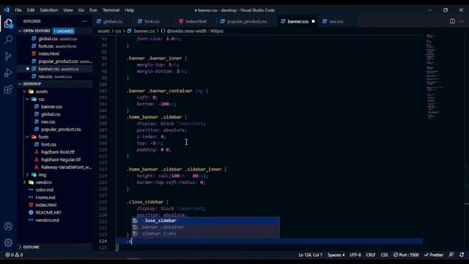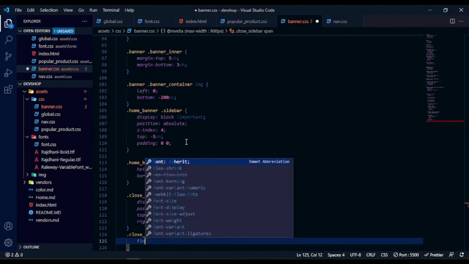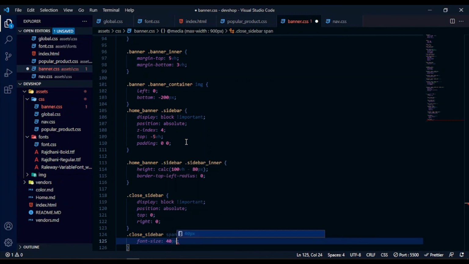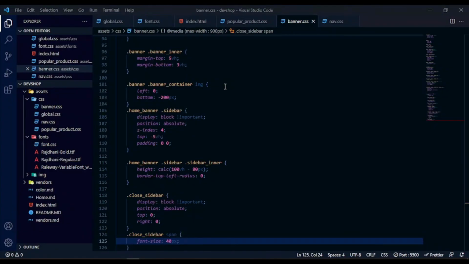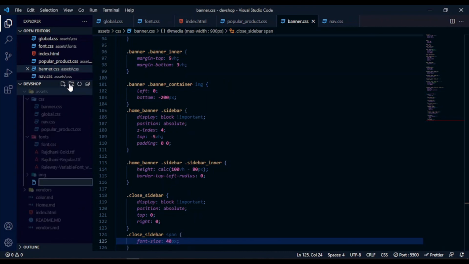So with this, I'm going to say close sidebar span, font size should be 40 pixels. That is for this one, so that when I close it, the sidebar should be closed also. So let's quickly integrate that. So inside my assets folder, I'm going to have a folder called js. Then inside that, I'll have a file called